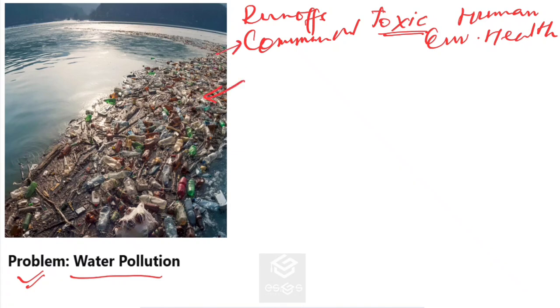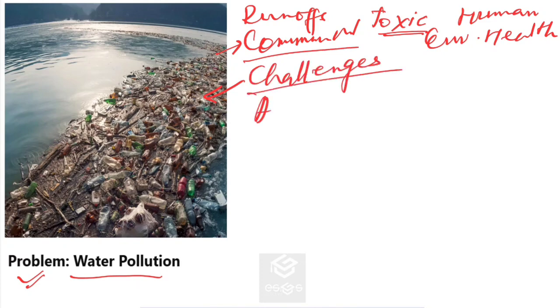The challenge lies in addressing water pollution at a global scale, particularly in regions where industrial activities are unregulated or where there is insufficient infrastructure for wastewater treatment. Agriculture is a key contributor to water pollution through the runoff of fertilizers and pesticides, making it difficult to balance agricultural production with water quality. So these are the challenges. First we discussed agricultural runoffs.